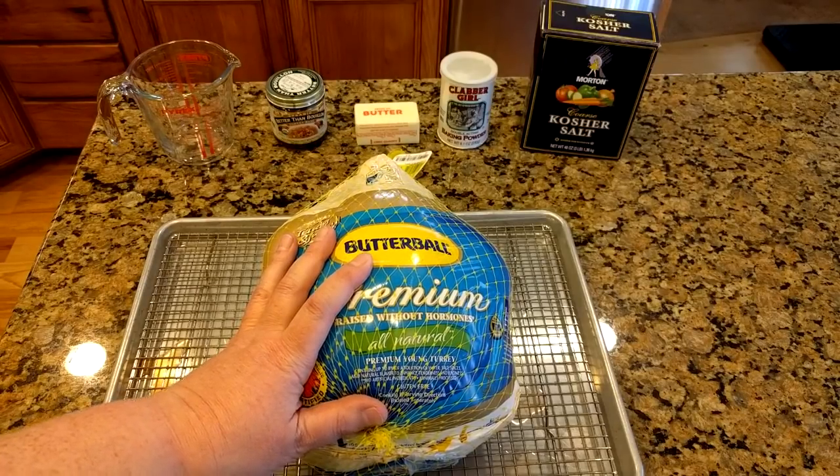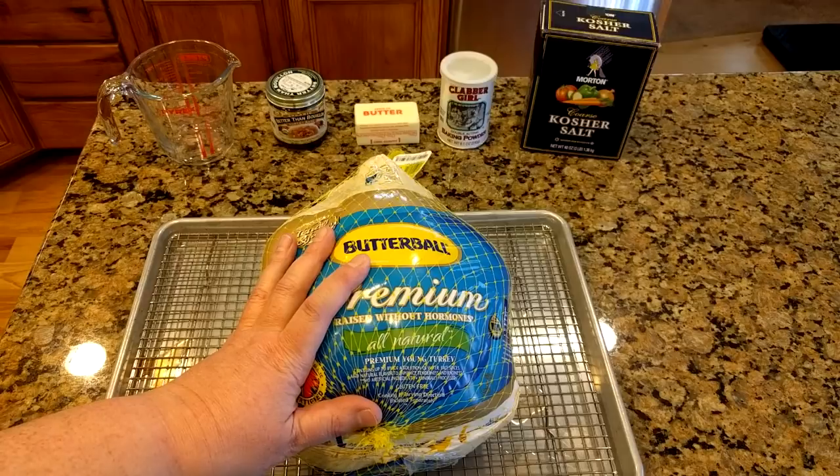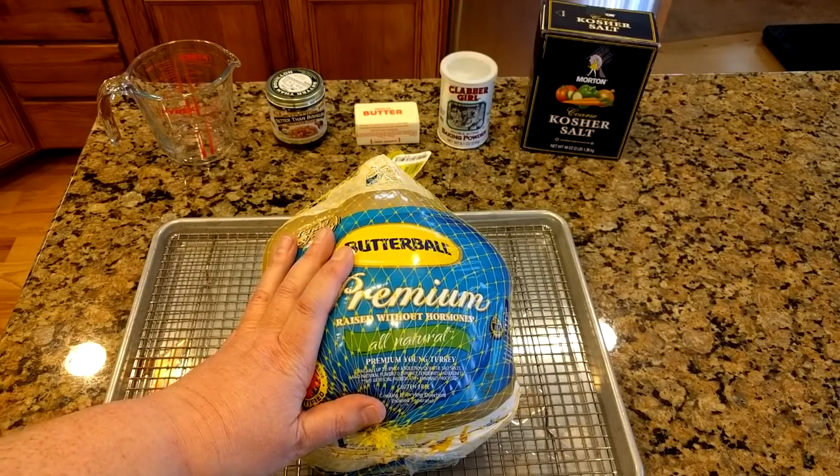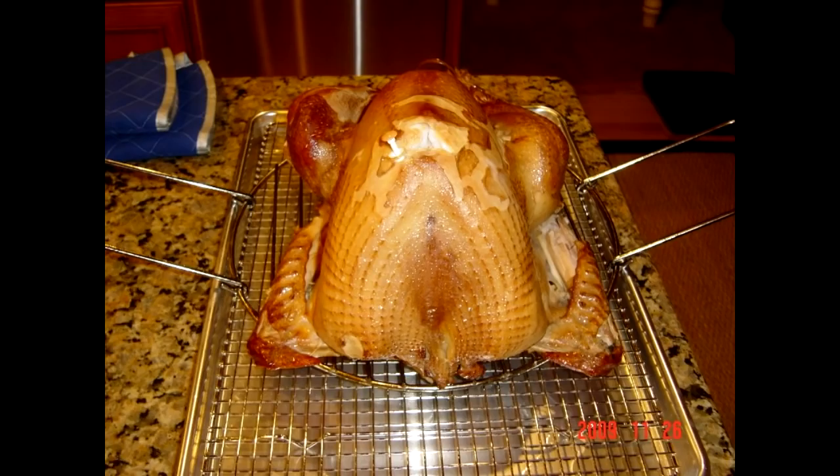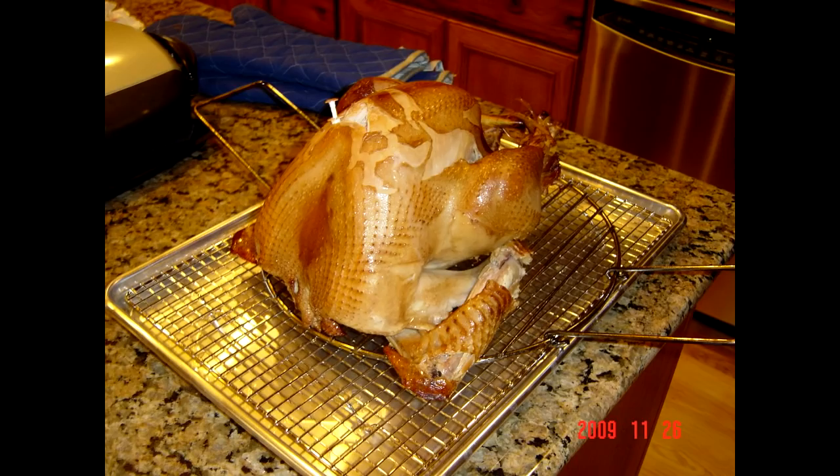Last time I did a turkey in the Old Smokey Electric, it was about 6 years ago, and it didn't come out very well, as you can see in the pictures I'm going to put in the video. I went to a lot of trouble. I brined it following the Alton Brown Good Eats recipe, and